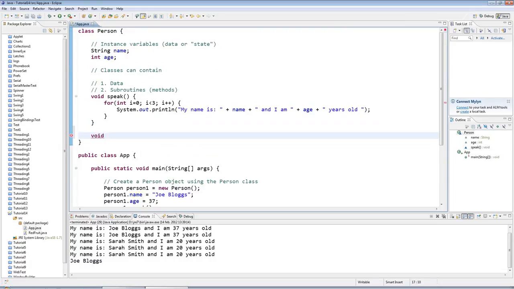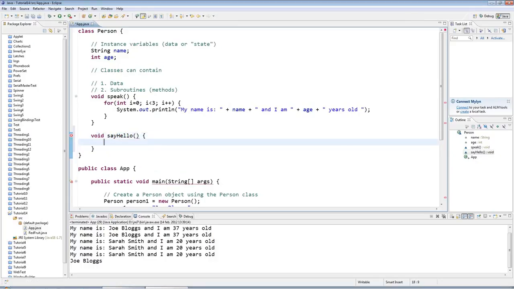Like I could say, what shall I call it? I don't know. Say hello. So I'll capitalize the first letter of each word after the first one. The first one has a lowercase letter. And then, because this is a new word, I give it a capital H. Round brackets like that, open the curly bracket. Eclipse has actually put in the closing curly bracket for me. And I could say, I don't know, like sys out,